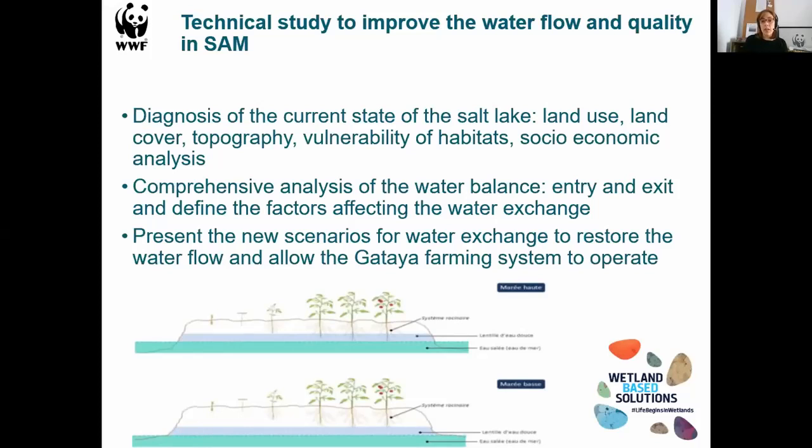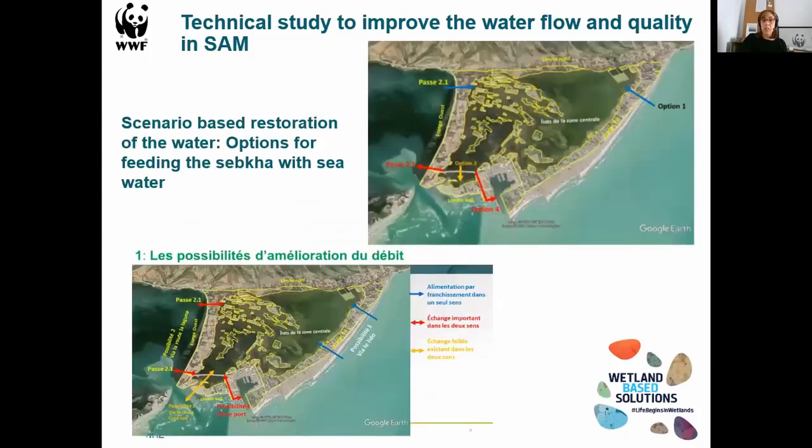This comprehensive analysis also concentrated on the water balance, on the entry and exit, and defining the factors affecting the water exchange. We are now presenting the new scenarios for water exchange to restore the water flow and allow the Gataya farming system to operate. The process is long because it's not only to do the research, but also to